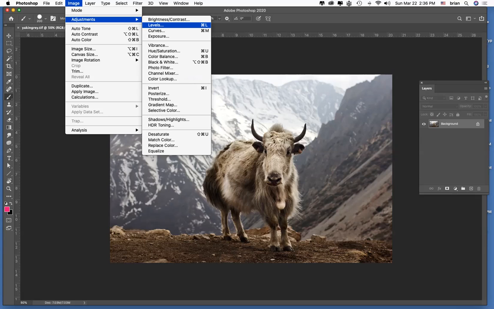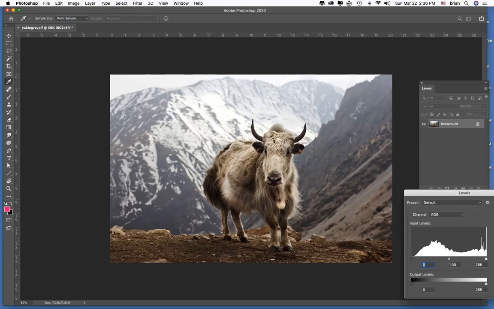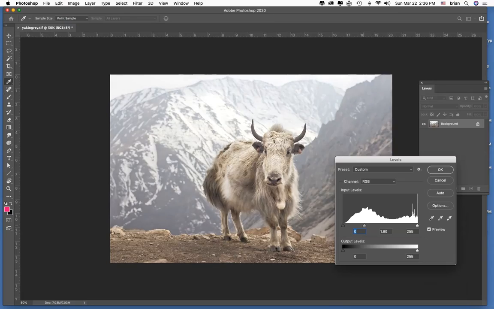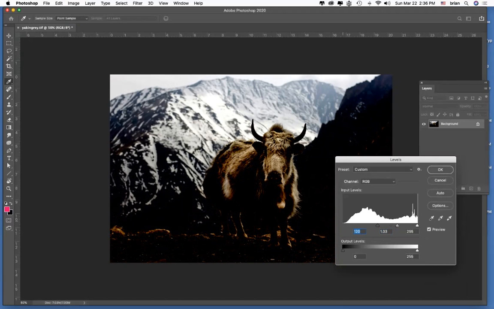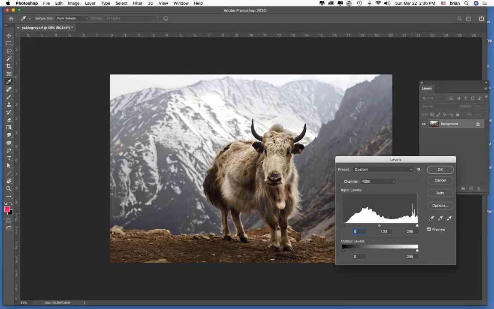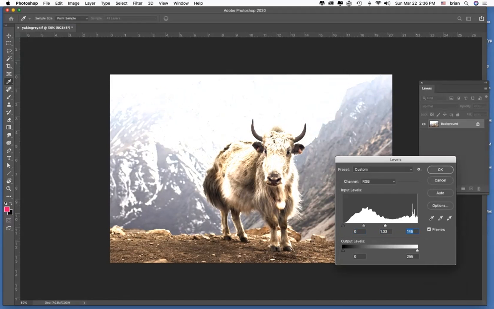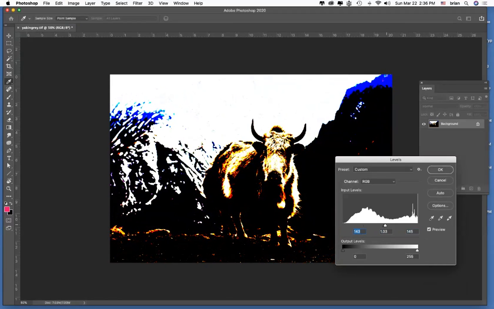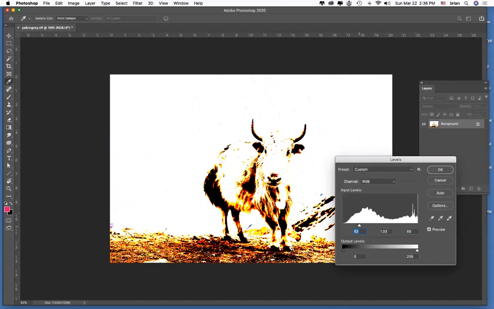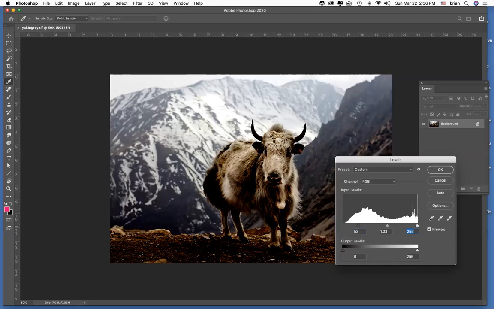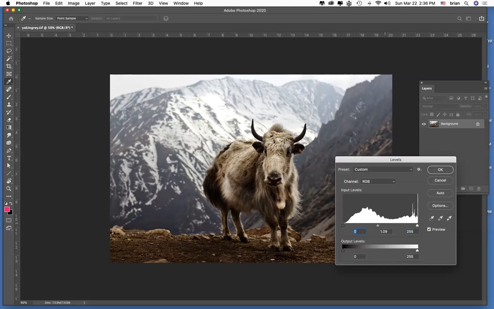So for instance, levels, we looked at this once in class. If you alter the middle point, you shift the light and dark of the image without shifting the black and white points. Or if you shift this, you're blackening everything from there over. This value darker goes black. If you shift the white point, everything from there up, all those lighter values turn to white. So you have a high contrast image potential, which can mess with the colors in dramatic ways, which you might be interested in, but often you just want to use this to subtly either lighten or darken an image,